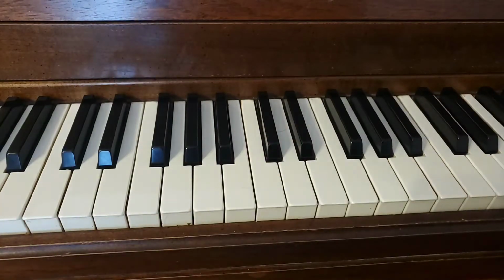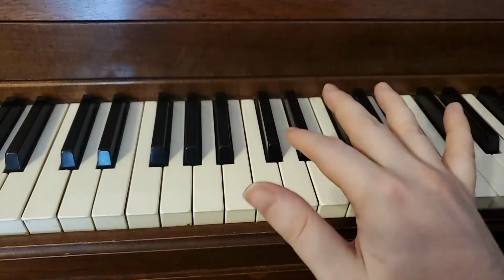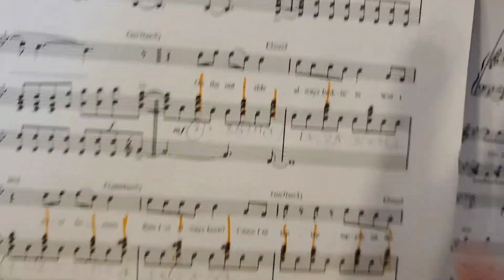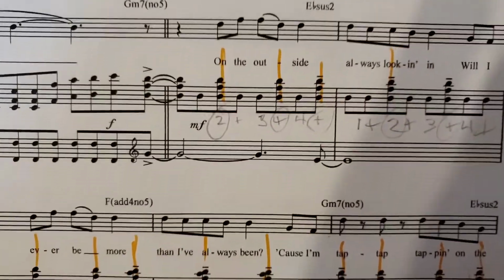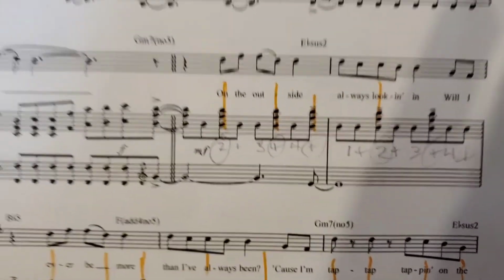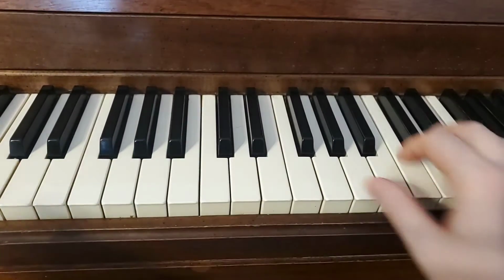Cool. So this part is where you can make a decision here. I do think it's possible to play that right hand pattern and get the words in there. And what I've done is highlighted on my music like this, where the bigger chords hit, where we're doing the B flat, F, B flat deal compared to the lyrics. So if you want to do that, I would literally go word by word and start very slow. But I do think it could be done. I'll give you an option here in a second. But, you know, if you're walking up,